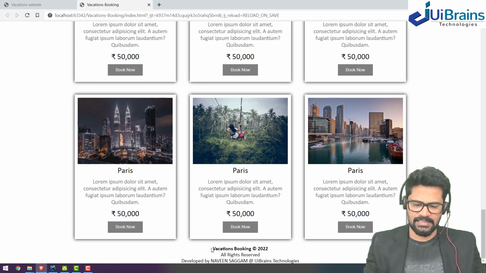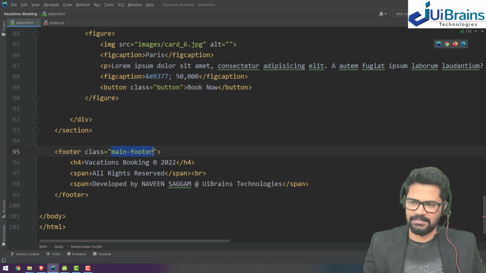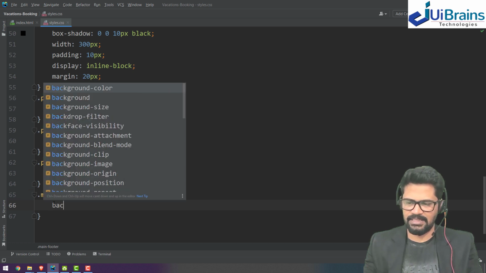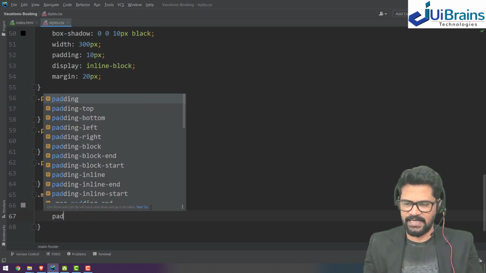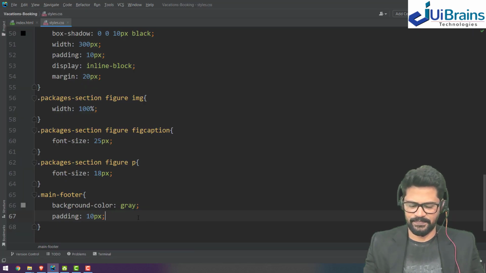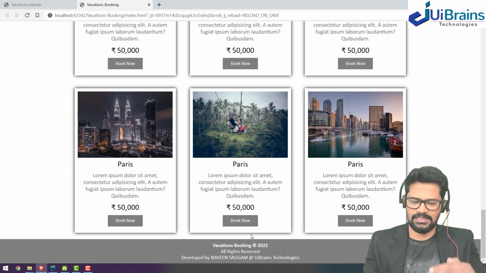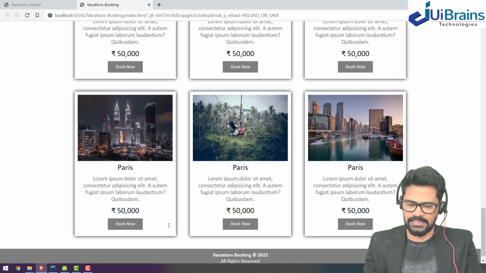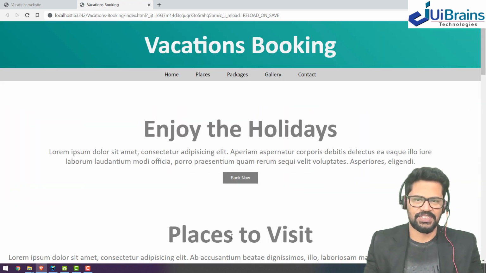So you will get this, and you need to have a background color and all the styles. So what is the section name? The class name is main footer. So jump into the last part of it. Dot main footer. Let's add a background color. It's a gray color. And let's have some space inside. There's a padding again, some 10 pixels. Okay, and the color, let's say color smoke white. And let's also have some margin top some 20 pixels, right? You get some space. That's it. We are done with a simple HTML website.